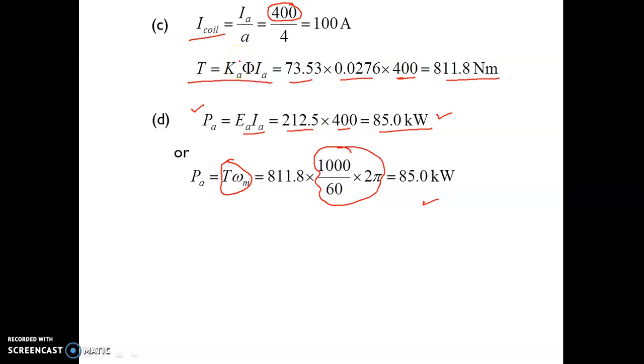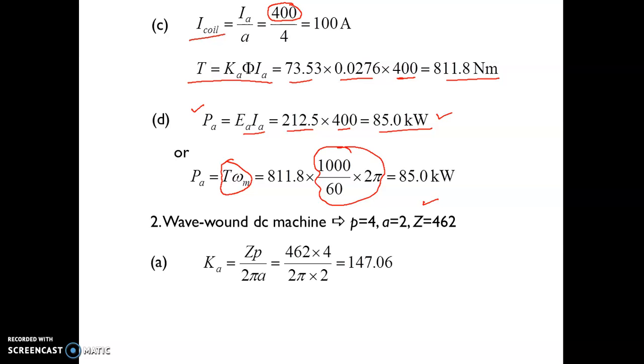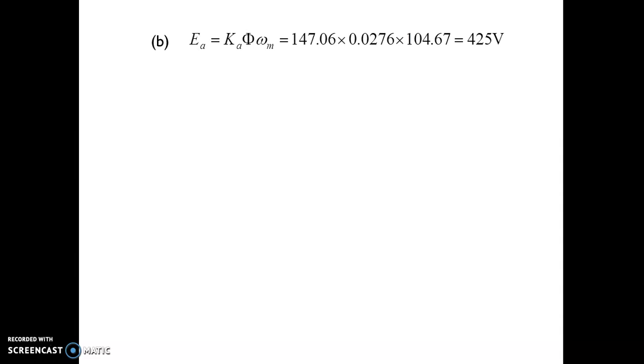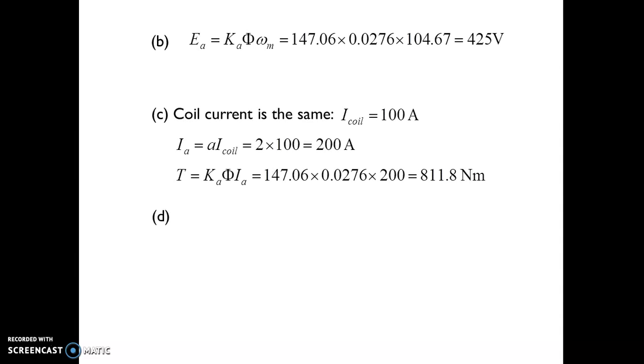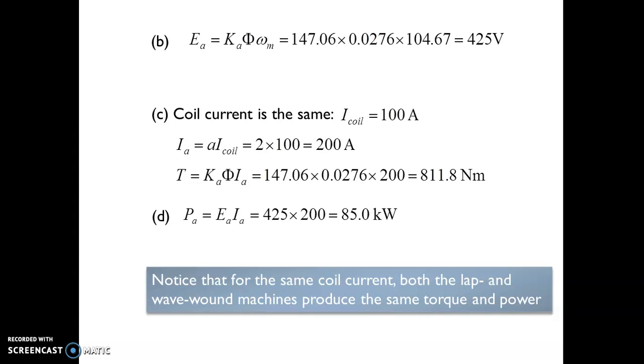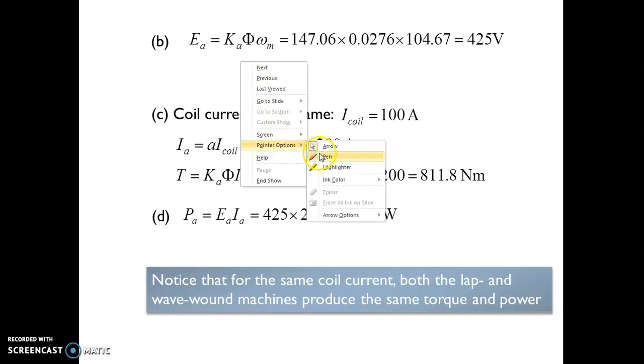Now all this part you have to repeat for wave winding. This was for lap winding. In wave winding, the number of poles is 4, but the parallel path will be 2. It is fixed. So you calculate all these values, considering everything will remain the same, only your parallel path will be 2 in place of 4. So putting in this value you will get it very easily. All these values are given here. I want to state something, that is why I am showing it, but you should try at your level.